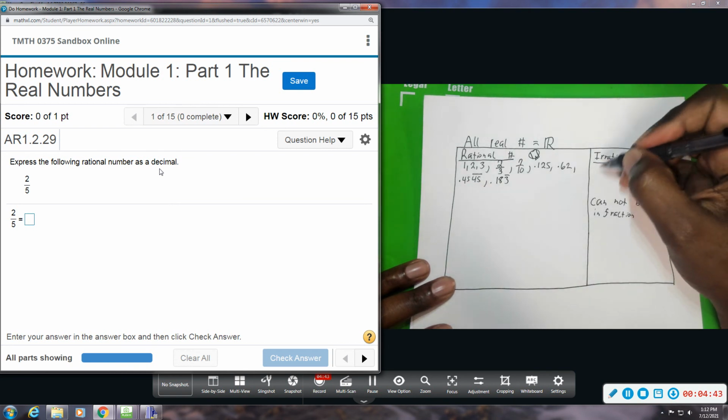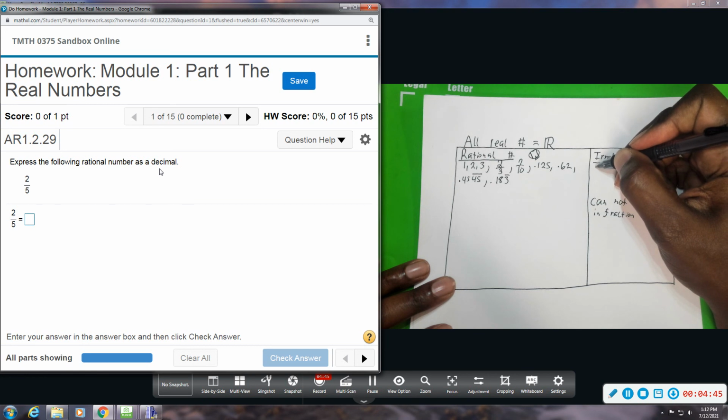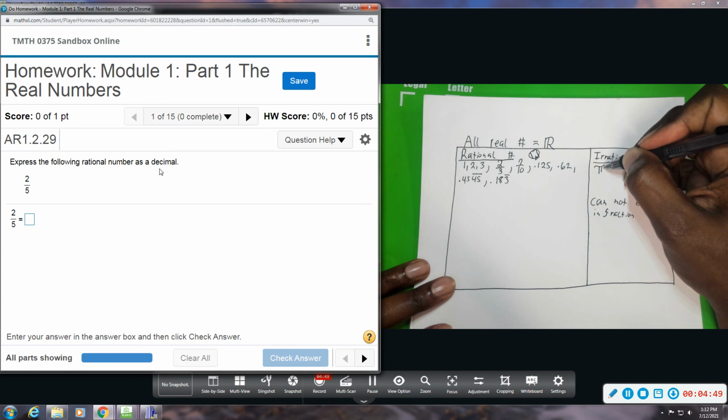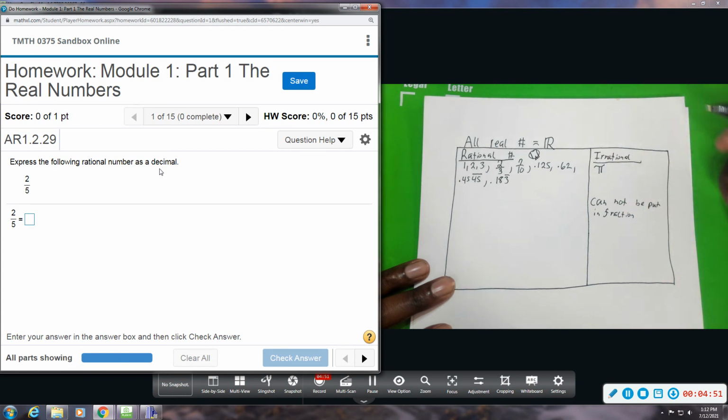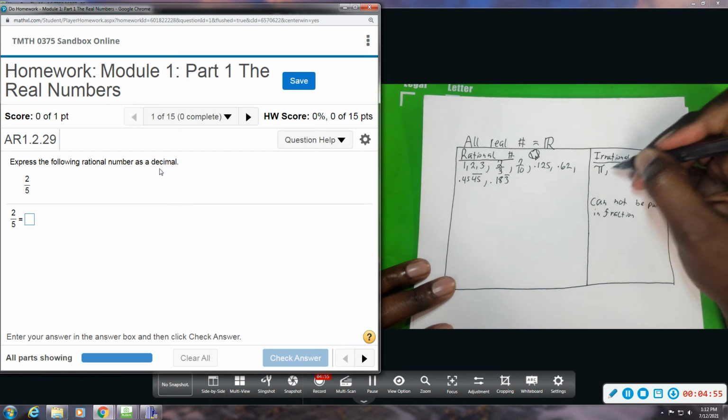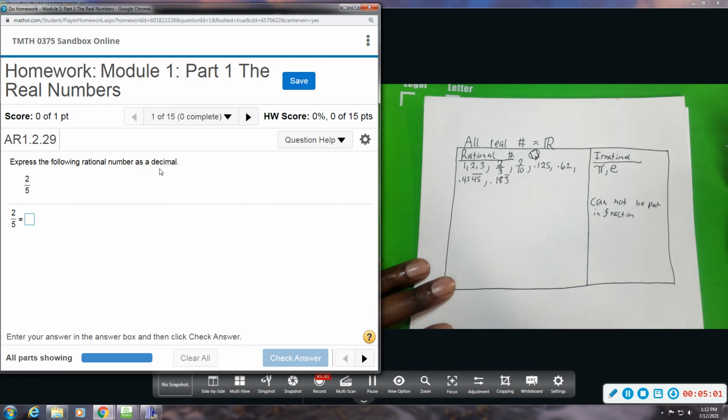So some numbers that will go in this group are the number pi, which I know we approximate 3.14, but actually it's an infinite number. There's an exponential number e, which you can learn more about if you do calculus, but e, we approximate as 2.17,